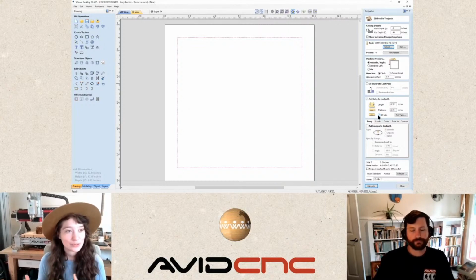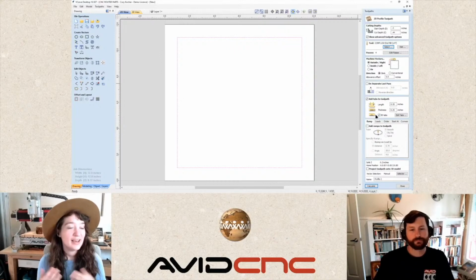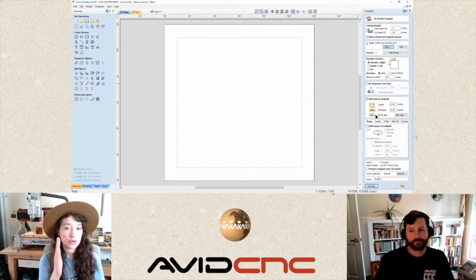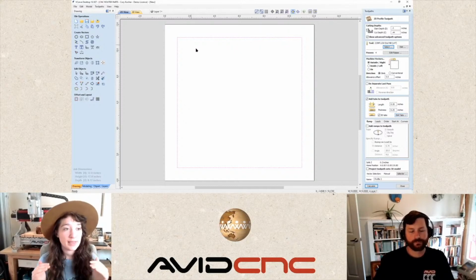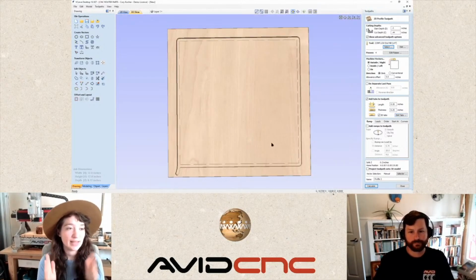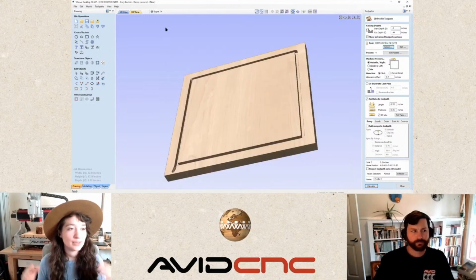If it's a Baltic birch or a higher quality plywood, I tend to like a smaller tab and really trust in the strength of that. Plywood is pretty strong because of the cross grain layering, but when you're thinking about the finish of the veneer, when you're cutting all the way through, it's much easier to remove a tab that's going perpendicular to the bottom grain, because the short grain is going against that tab rather than going through the tab where it has the opportunity to tear out on the back of your piece. So for plywood, I would put them perpendicular to your piece. That would be on the left and the right side of your rectangle. So you can see the grain is going this direction, so I would definitely put the tabs perpendicular to that